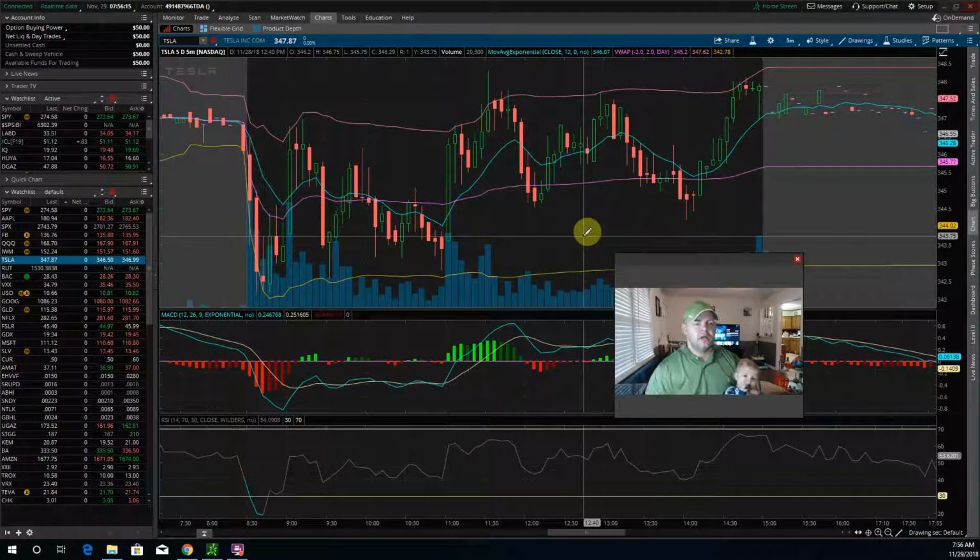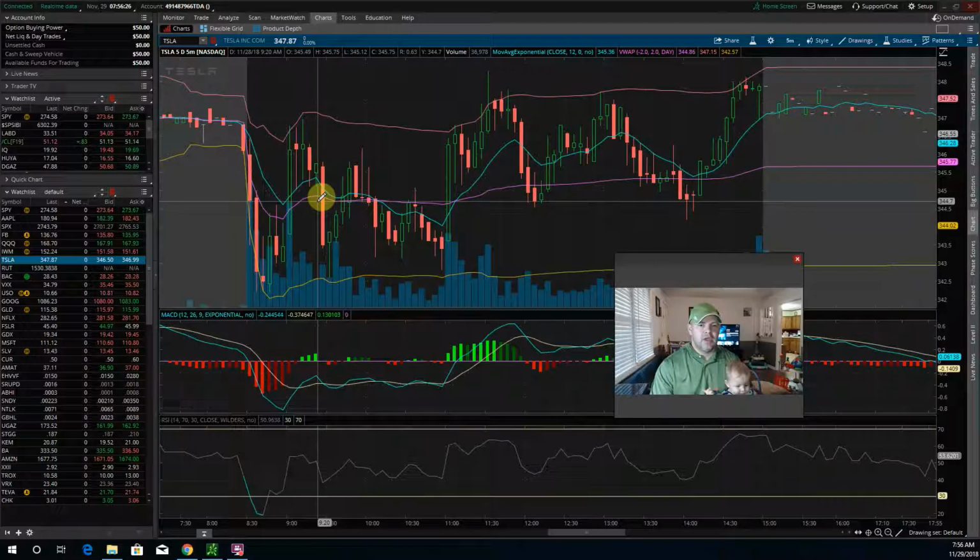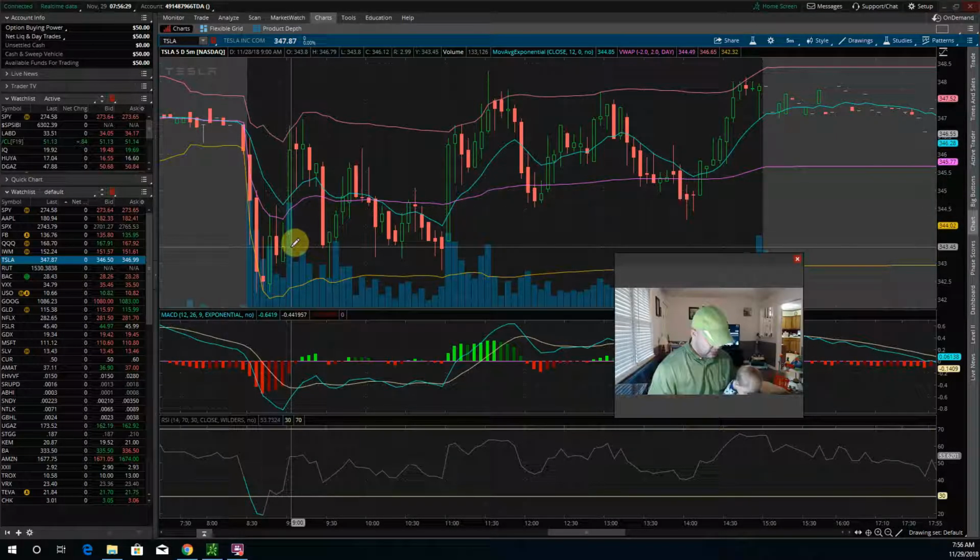Okay, so it doesn't really matter what stock you're on. We're currently on Tesla. It had a great horizontal pattern yesterday, and so I just wanted to use this as a reference. And so the VWAP,